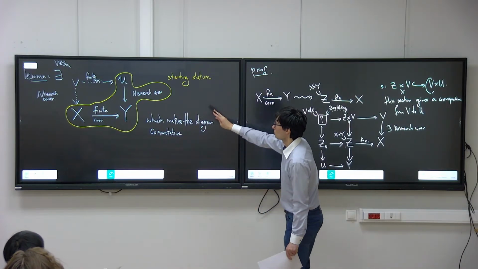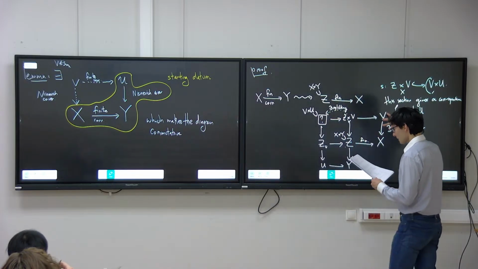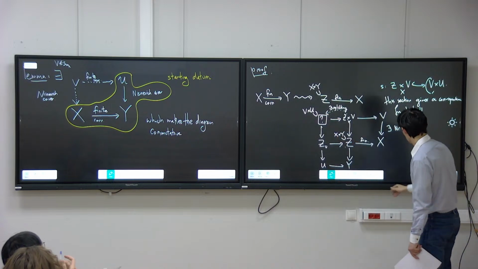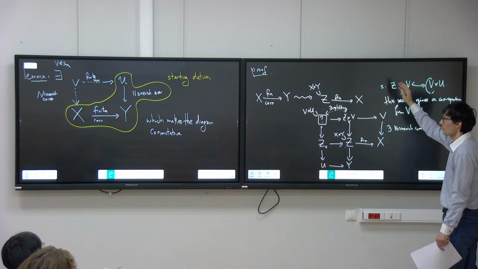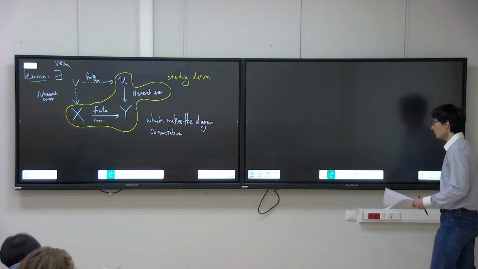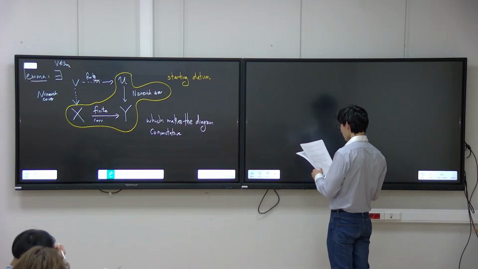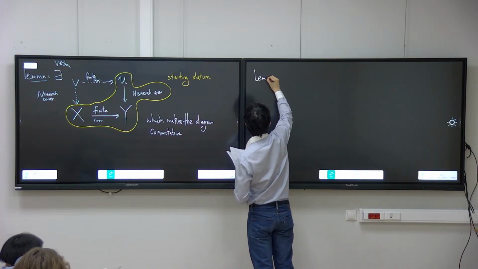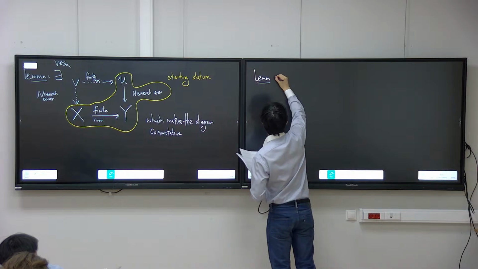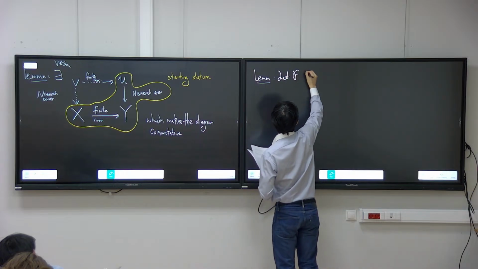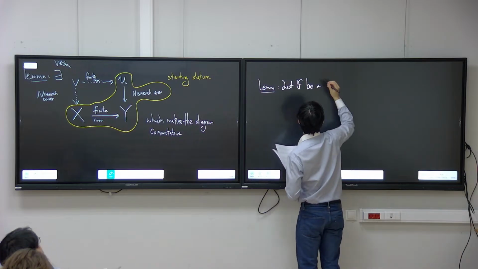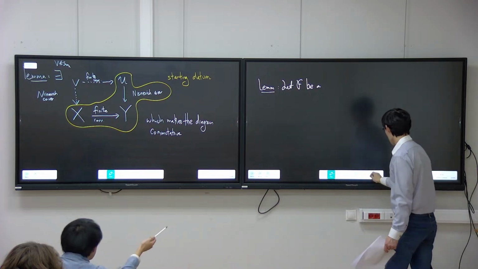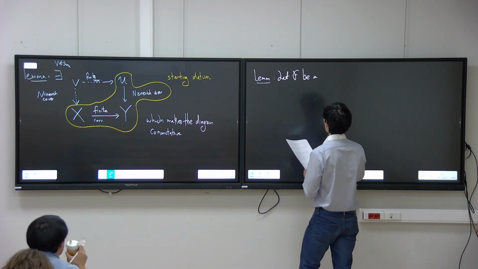Okay, so let's try to use this lemma to prove at least one thing. I'm trying to prove sheafification. Can I get rid of this board? So I want to show the following. Let F be a presheaf